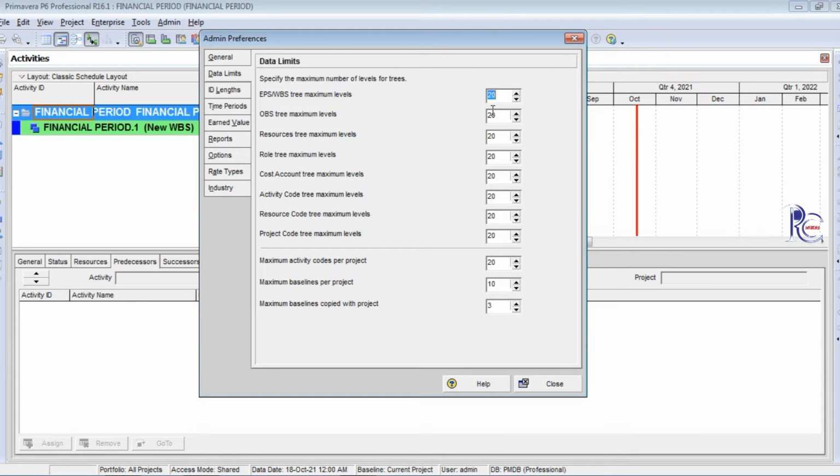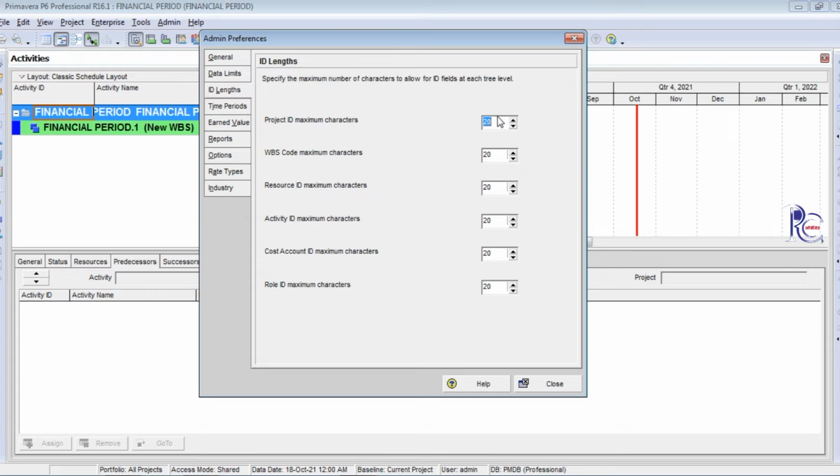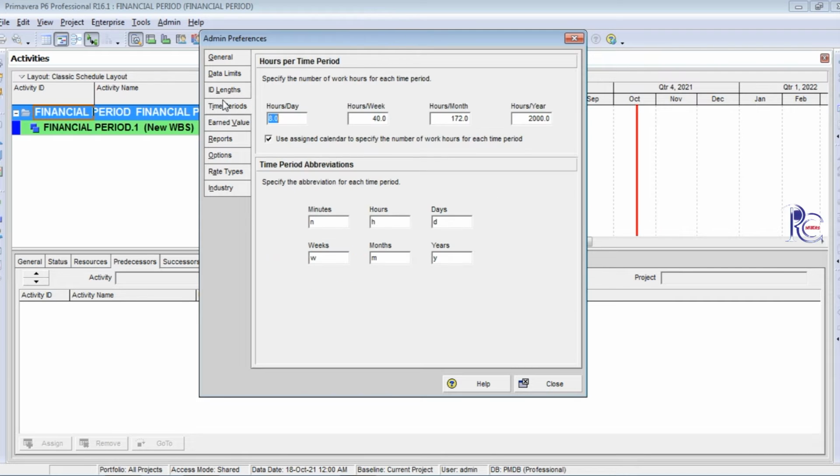This is the enterprise WBS tree maximum level, like a split level. I just make it a 20 number of tree levels. After that I will explain what is a tree and what the tree options are, what the 20 tree options are also. First you need to change the ID maximum level to 60. The ID number also develops from 60. So this is a decimal value of the area.